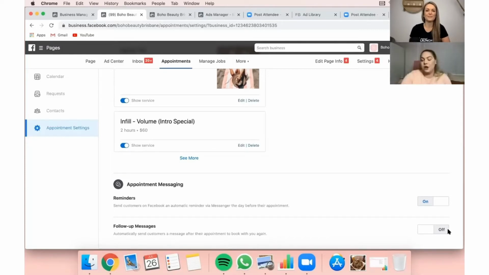I've got this turned off at the moment just because I'm being selective with clients I have. I know that sounds awful, but in this world, I really want to love what I do. So if I have a client that just rocks my socks, I send them this massive message saying how wonderful it was to meet them. I can't wait to have them back in again, and make it really personalized. But as I grow, I may not be able to send that. And when that does happen, I'll turn this on.